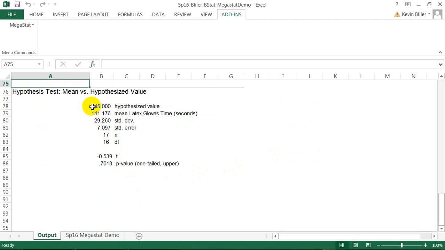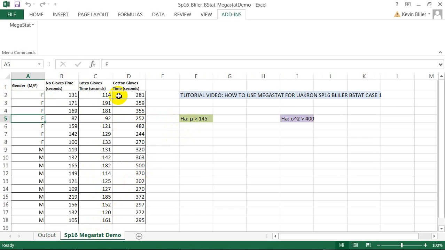This tells us that testing against the hypothesized mean of 145, the latex gloves sample in this small example subset came out to 141.176 seconds, and the t value that we're interested in is given here, negative 0.539, and the corresponding p-value is given below that at 0.7013. Based on that, you can now construct and document your test of sample mean of the latex gloves, and then go back to the data set, repeat the process for the mean of the cotton gloves, and then repeat the process 3 more times for the test of